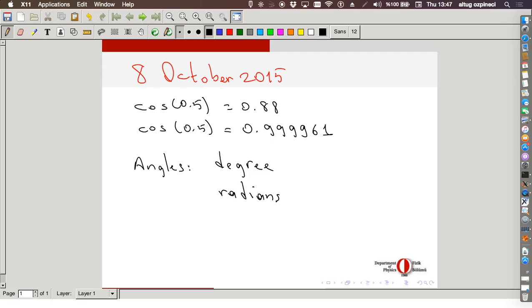So what's the degree? What's the definition of a degree? Kind of. Well, not the length, but okay, this circle, we just define it to be 360 degrees, this angle. This is our definition. Why 360? Well, I don't know. I mean, someone in the history liked this number. Well, it's a nice number because it is divisible by many things. So that's nice, 360. So they just decided to use 360 degrees.